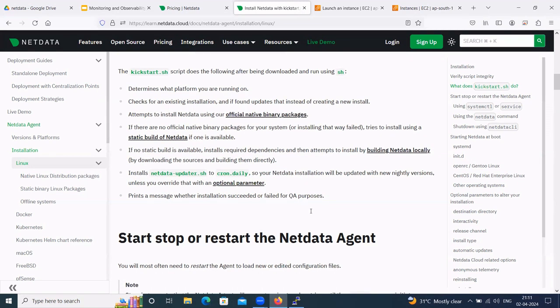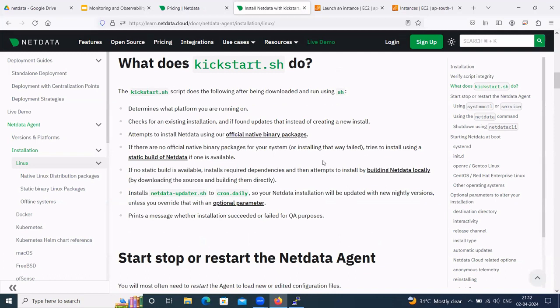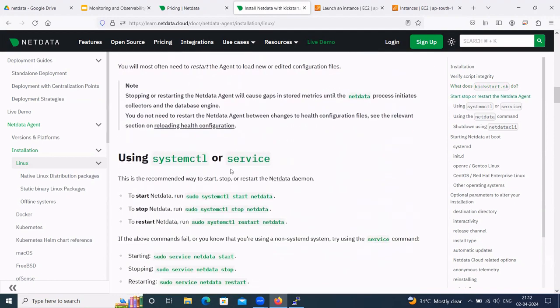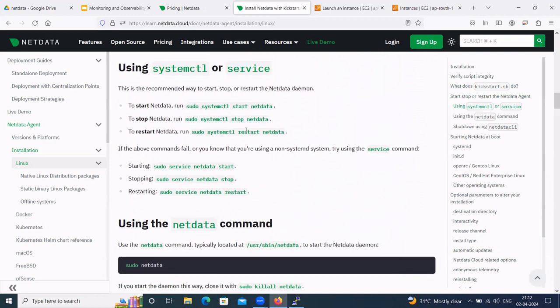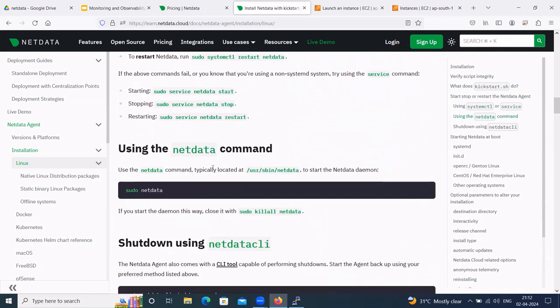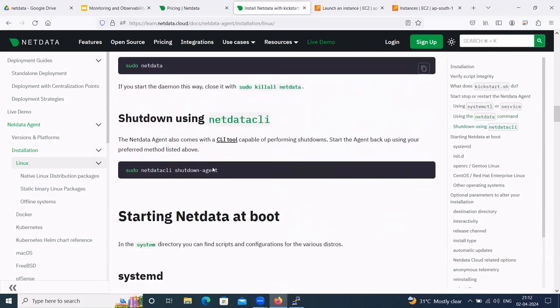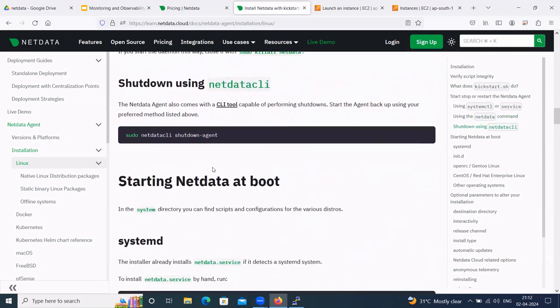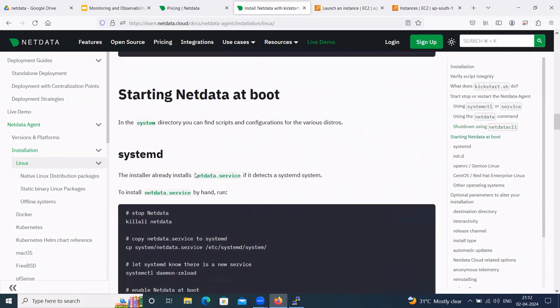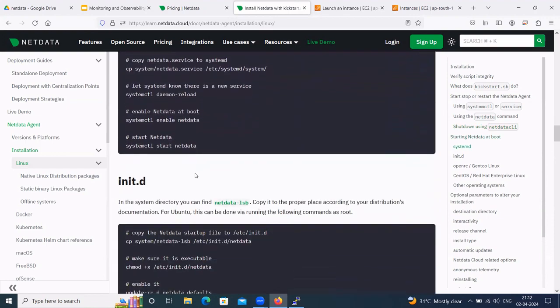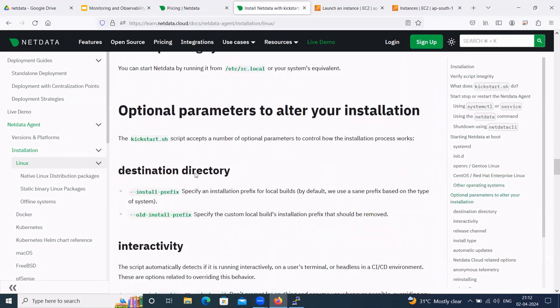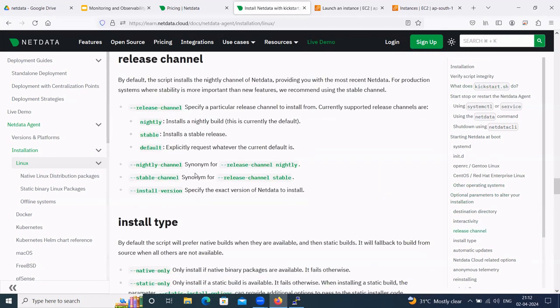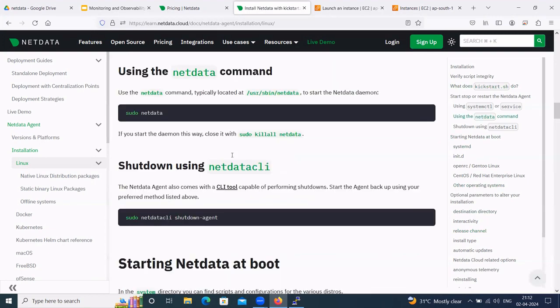So all these configurations are mentioned in the kickstart.sh file. Other commands are here, like start, stop, or restart Netdata, how to use the Netdata command, how to shut down the Netdata agent using the CLI, and how to start Netdata at system startup. All these instructions are on the Netdata official page. So let's copy this script